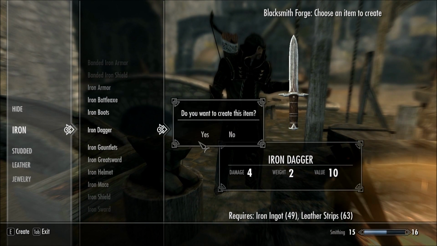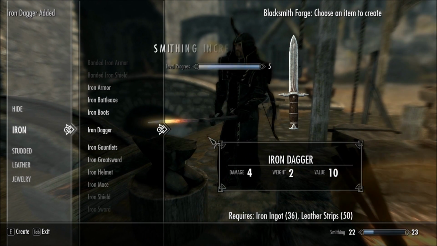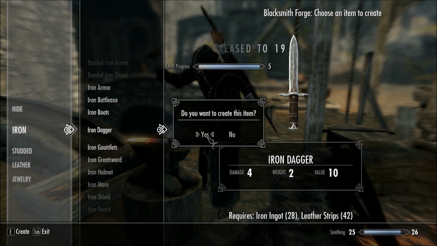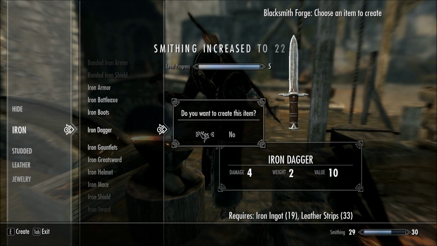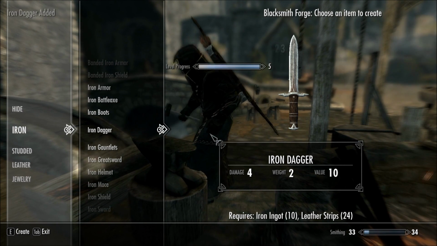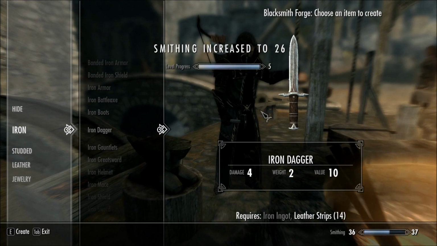This is also the best way to get 100 smithing if you want that. Get a lot of money with the first method, buy all of her iron ingots, and just wait 48 hours if she ran out. As you can see, it just goes insanely fast. I've done this a lot of times on a lot of accounts to 100 smithing, and there I got